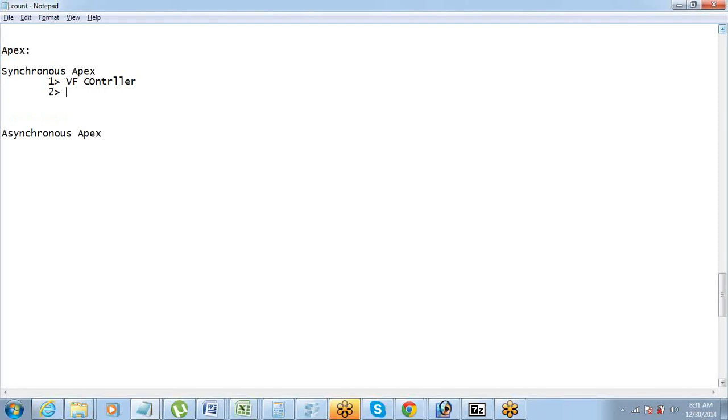The trigger thing, this works with your data manipulation happening on the database, right? Some record is being created, or it is being edited, or it's being deleted. That is when it gets triggered, right? So these are both synchronous effects.